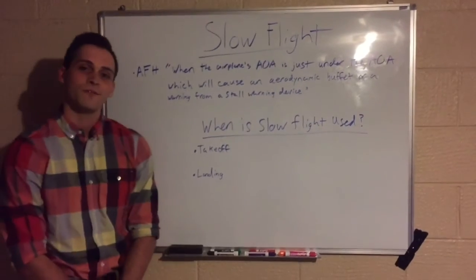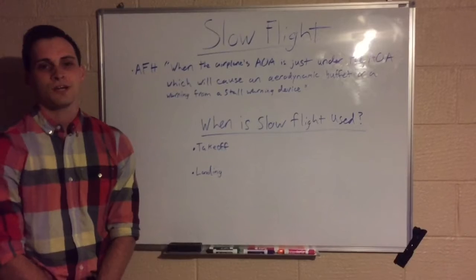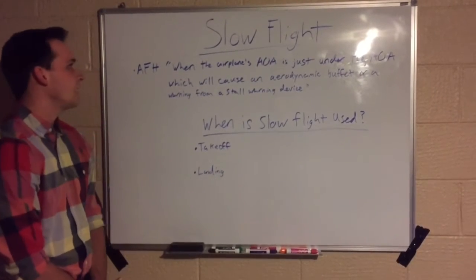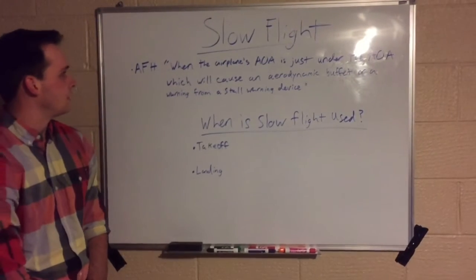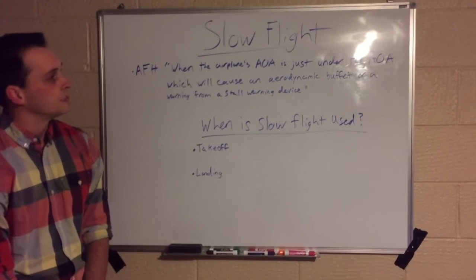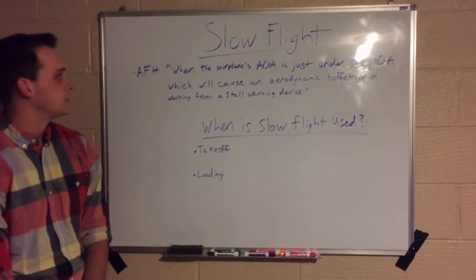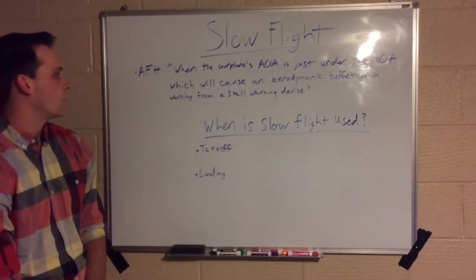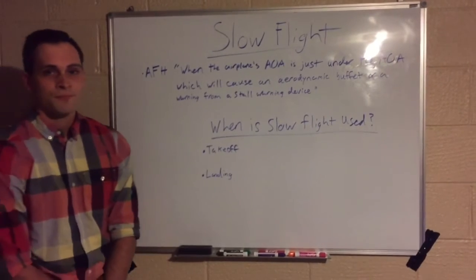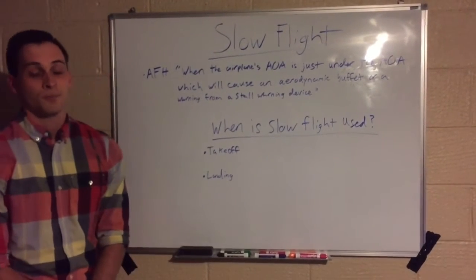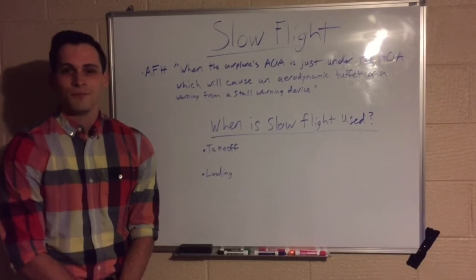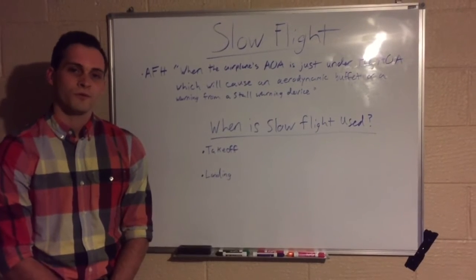Today I'm going to be going over slow flight. So first off, what is slow flight? The AFH definition is when the airplane's AOA is just under the AOA which will cause an aerodynamic buffet or a warning from a stall warning device. So basically what that's saying is your plane's going to get very slow, maybe about 10 knots over the stalling